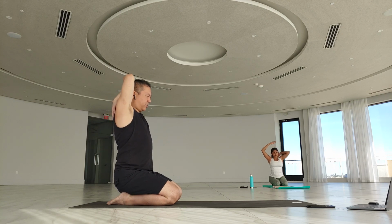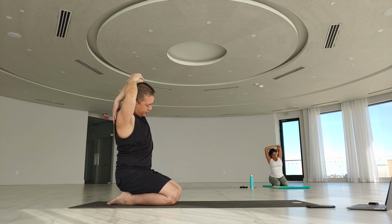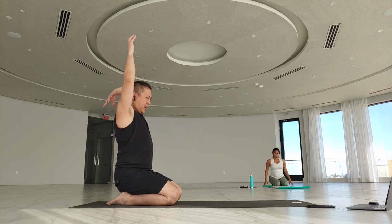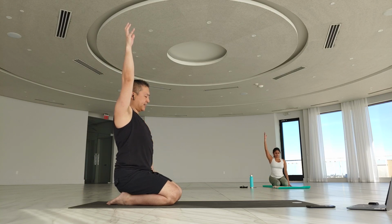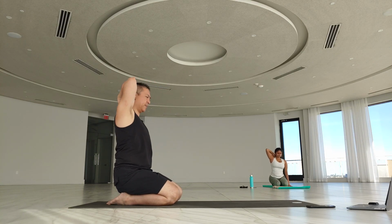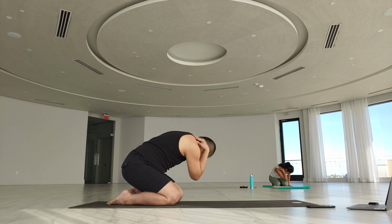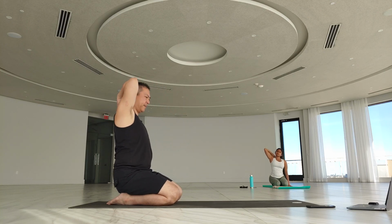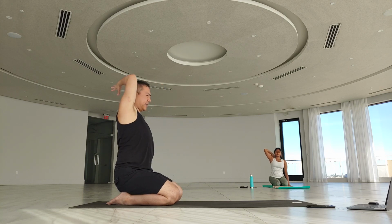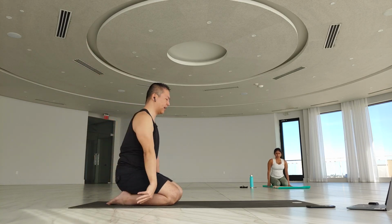Come back up to neutral, keep your arms and side bending over to your right. Release. Reach your right arm up, left hand down, bend your right elbow. Right elbow to your left knee. Inhale back up, three times. Right elbow to your left knee. Inhale, take it back up. Right elbow, left knee. Inhale back up, re-extend the right arm, hands to the floor,